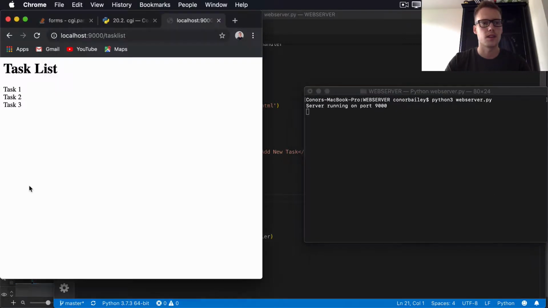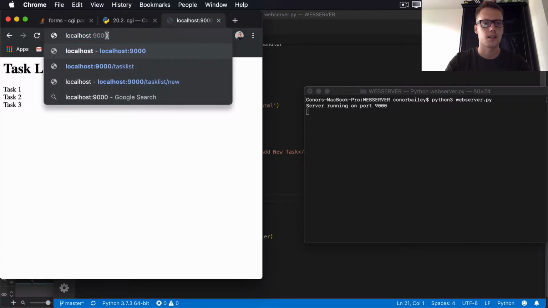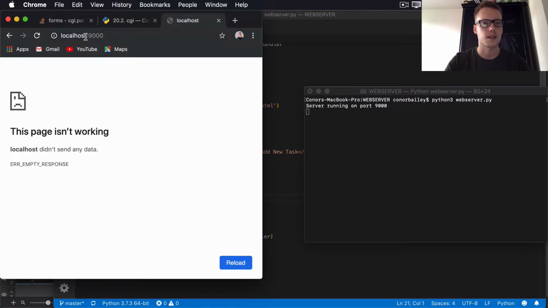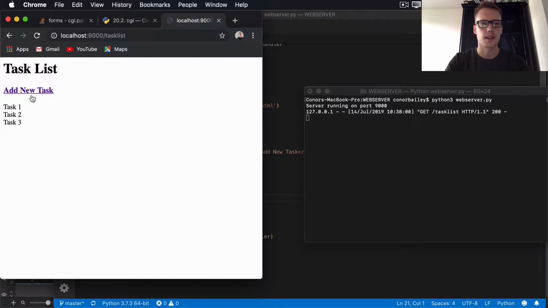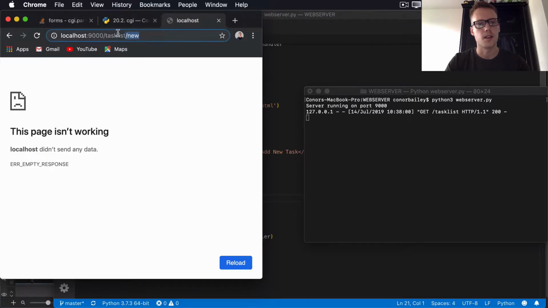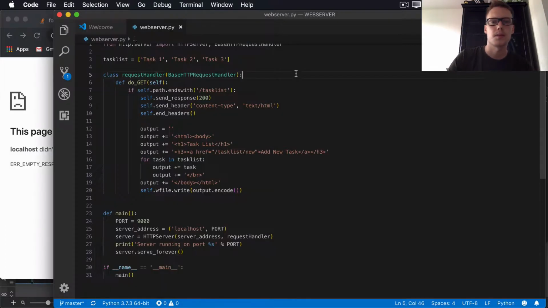Okay, so our server's running. If I go to just port 9000 for now, you can see we're not getting any response anymore. If we take task list, you can see we're getting our page again, and we've also got our new hyperlink here as well, which will take us to new. But we haven't got a get request method which handles this request yet, so that's going to be the next step. So again, underneath our do get method,